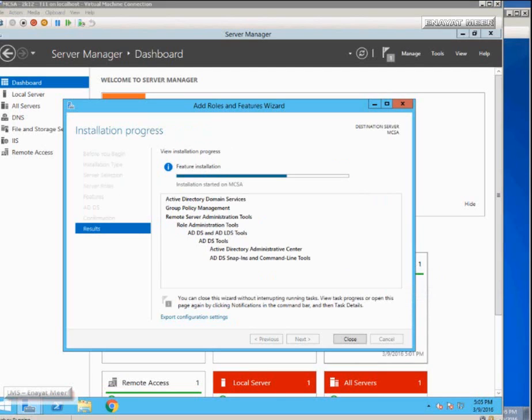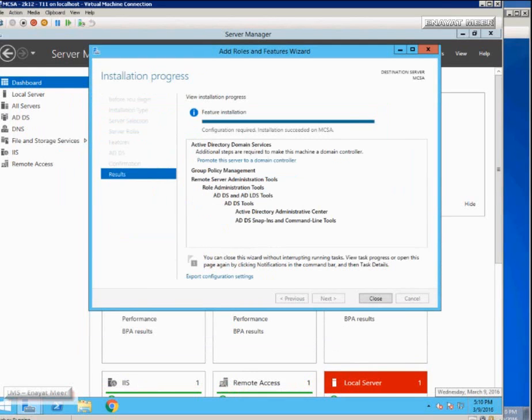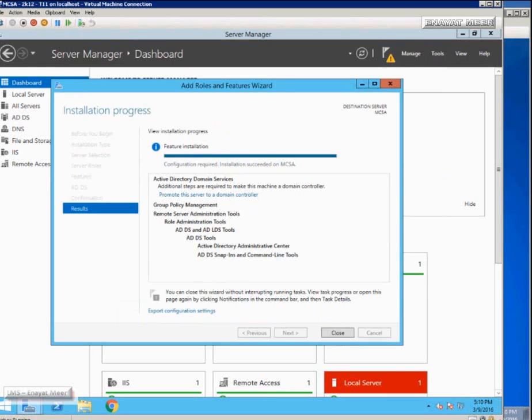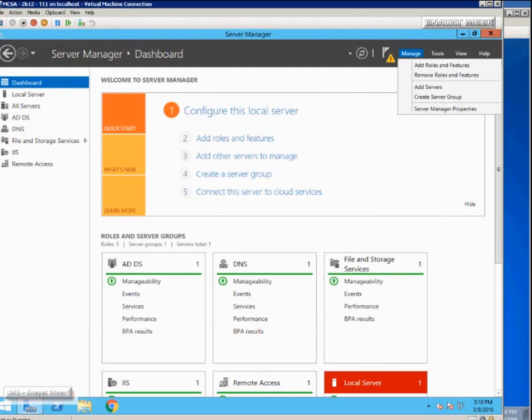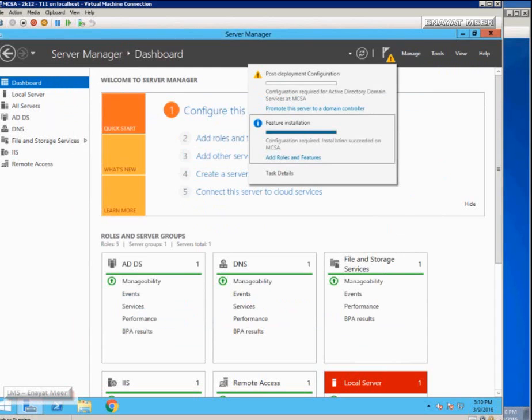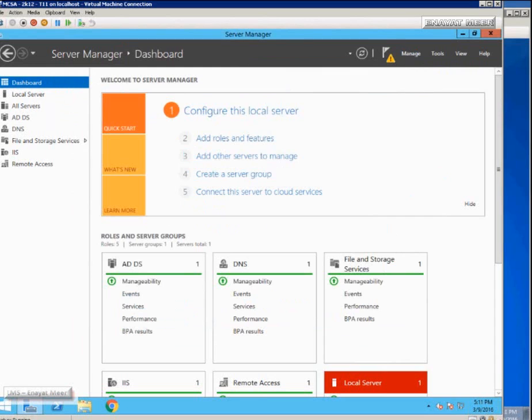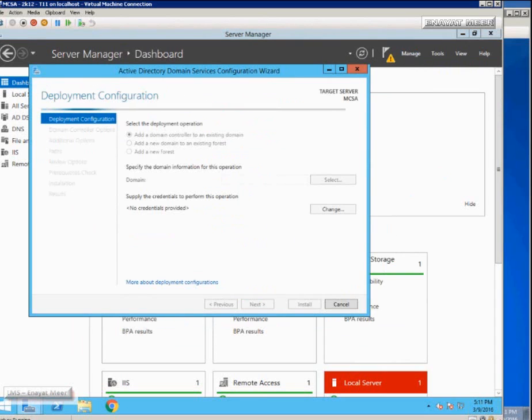I showed already that this was a workgroup, and this will no longer be a workgroup. Once I am done, this will become a domain controller, lms.com. So my binaries are done. I kind of pause and go because I don't want you to see the whole demo of that. At your end, when you do it, you might want to watch a few more minutes than what I'm showing you right now. Now you have to actually configure this PC as a domain controller.